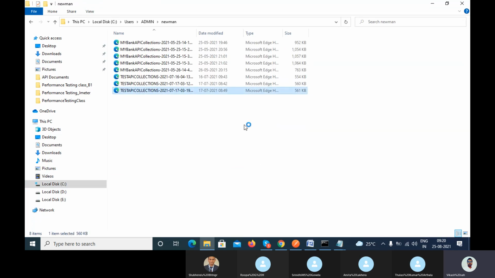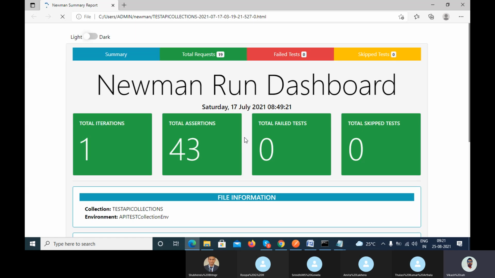Yeah, there you can see. This topic we will cover at the end of the class, how you can generate the report. Here you can see the Newman report gets generated, the Newman report, right? So if you go to the test result,